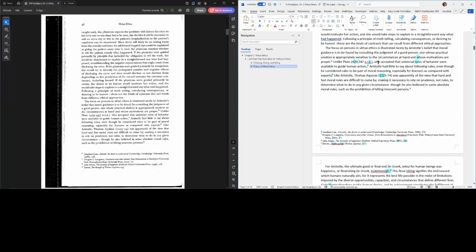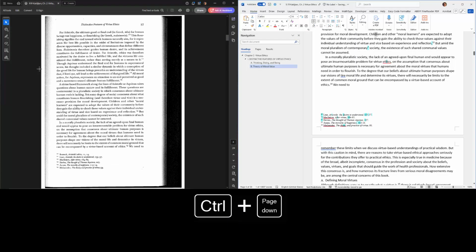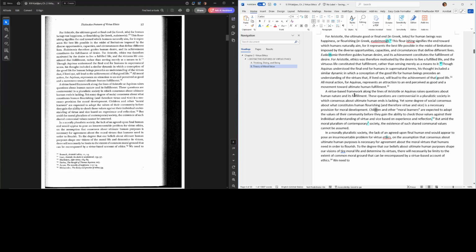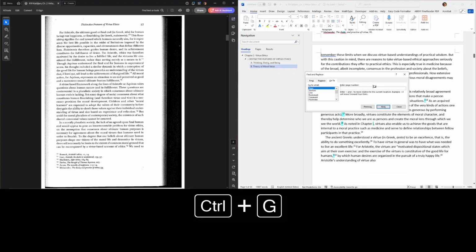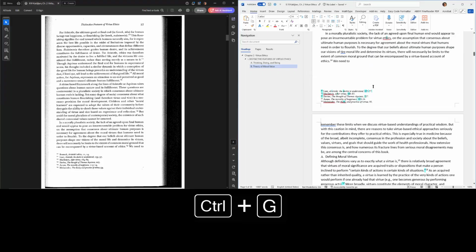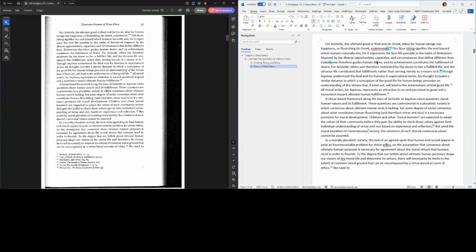Okay, I'm actually going to use Control Page Down to move to the next page. And I keep searching for things, and so it's remapping my shortcut. So Control G to remap find to go to next page. Eudaimonia, eudaimoniid.